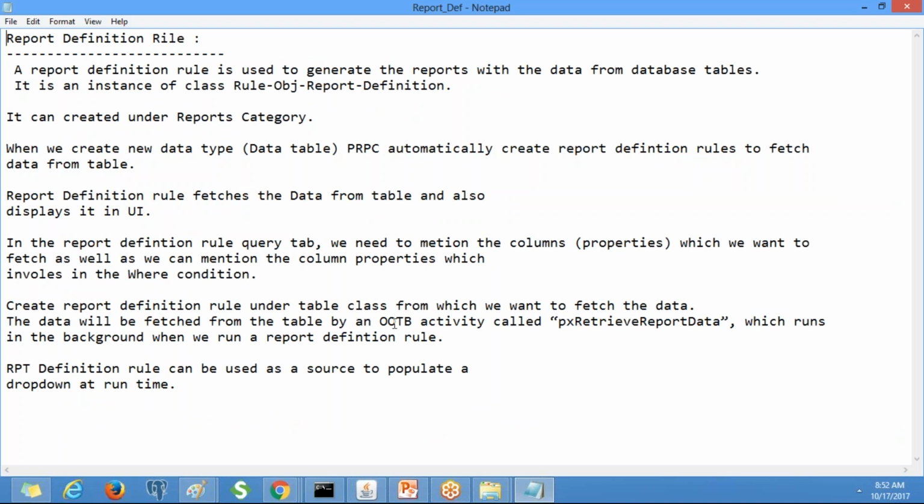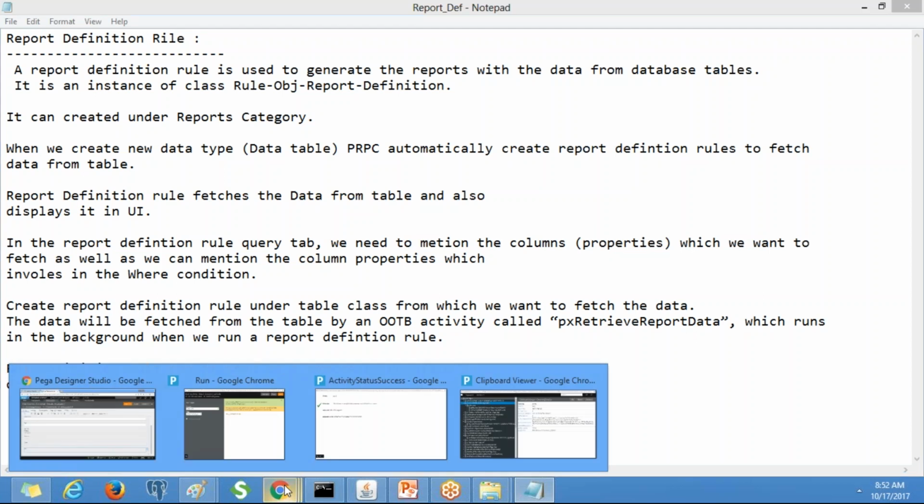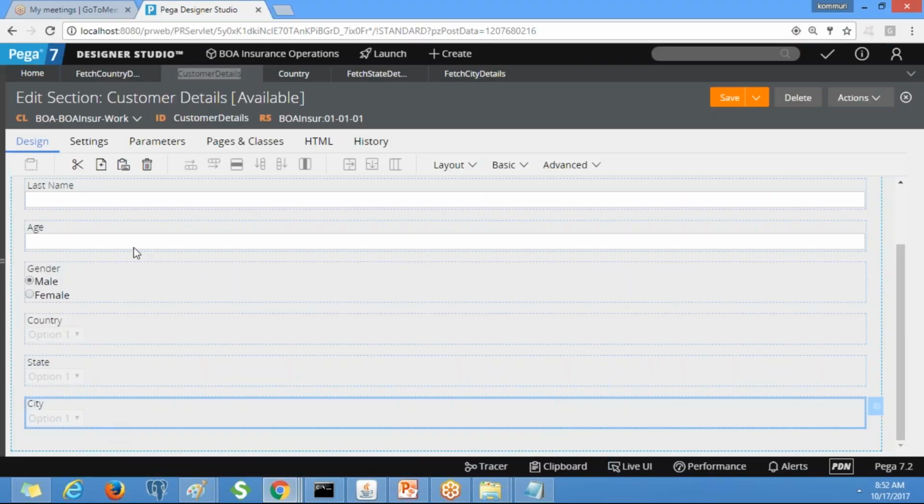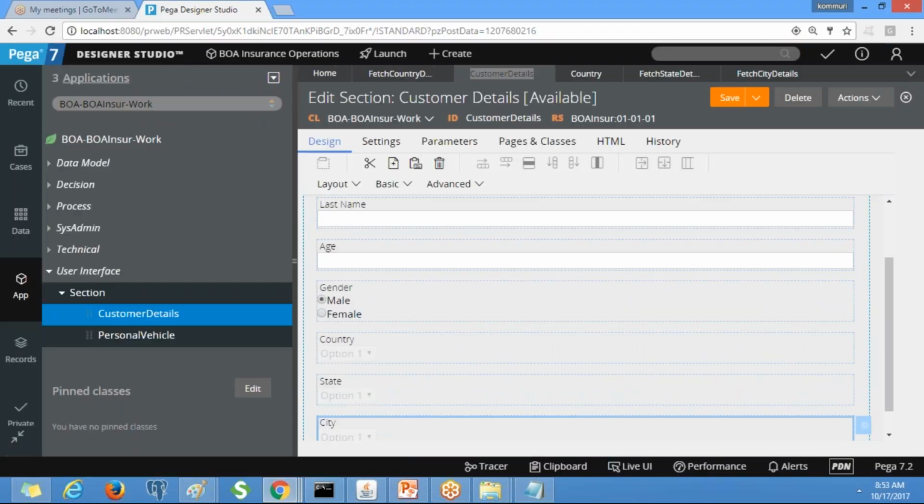It is an instance of the class Rule-Obj-Report-Definition, and it will be available under the report definition category. But here in PRPC, when you create a data class, the report definition is automatically created. Now look at the database tables and data classes which we have created.